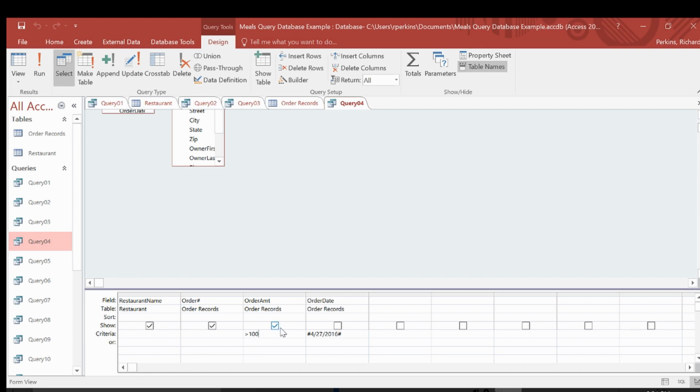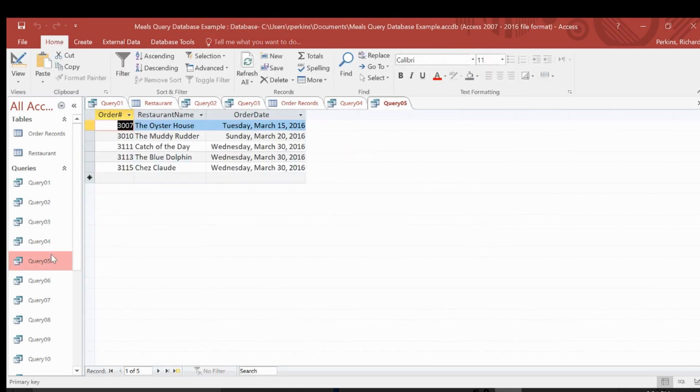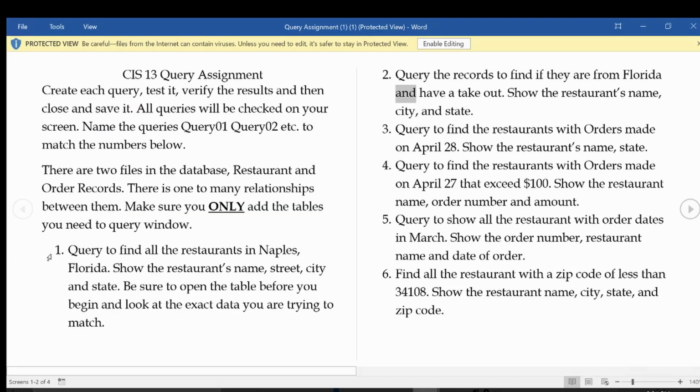So that's why we have both of those on the same line. Means and, we have our date, we have that amount there. So that should be pretty simple. 5